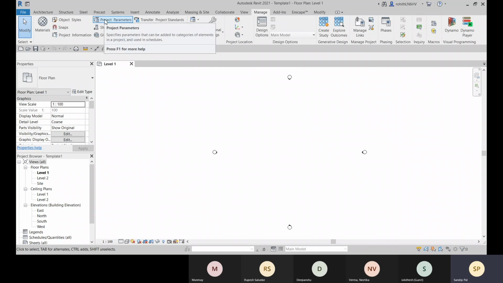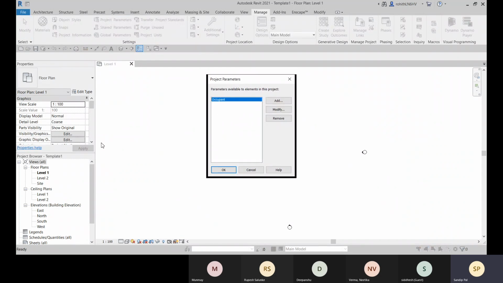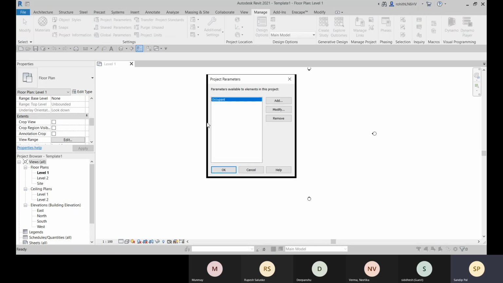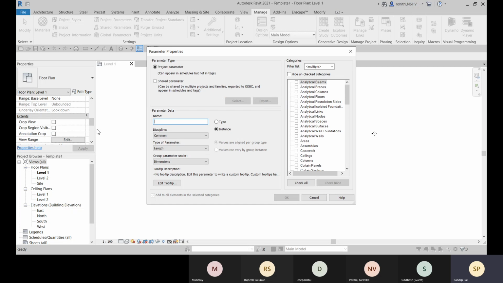And we can create also some project parameters. Okay, so right now, no project parameters are created. So if you need any parameters to include, here you can see all these parameters are added within these floor plans and all. Some parameters are there. So you can create a new project parameter. So that will be available within this project parameter. You can click on this add option and you can create some project parameters. And what will be the parameter, like is that a length parameter or dimensional parameter? Just a second, guys.